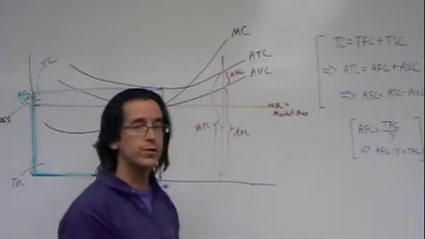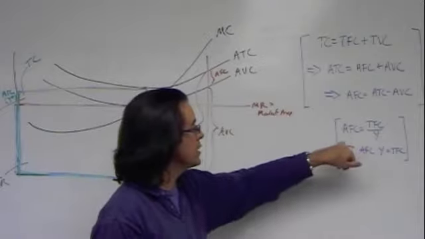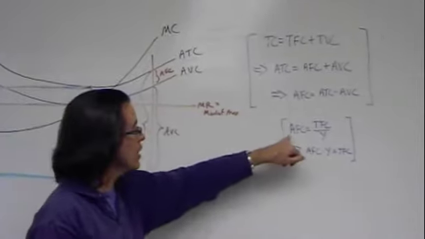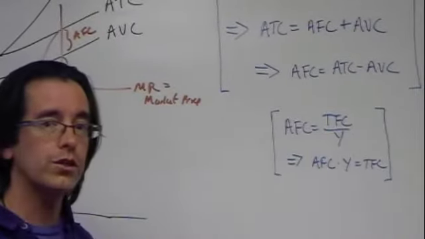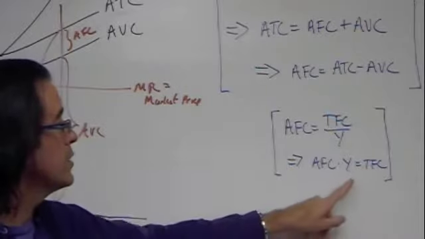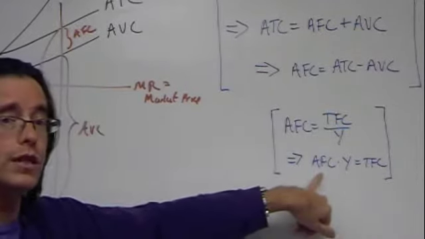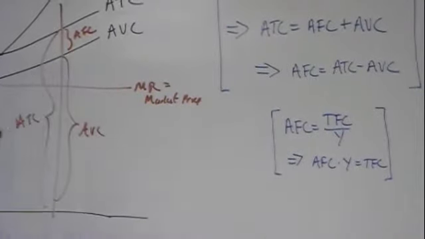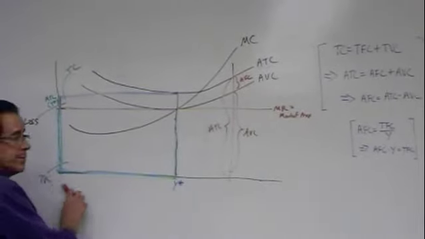Now, all we have is an average fixed cost, this gap. How do we turn the average fixed cost into a total fixed cost? Well, using the same manipulations we did before with the average variable cost and the average fixed cost: average fixed cost is equal, by definition, to total fixed cost divided by the output. If we just cross multiply, our total fixed cost is equal to the average fixed cost times the level of output. So that's our little trick, that's our clue. So, we're at this level of output.